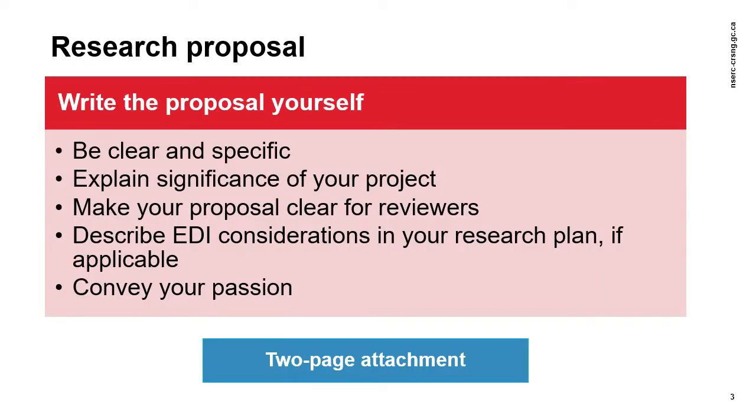The research proposal is a 2-page attachment that should describe a research project that you plan to work on during the tenure of your award. The key difference between the doctoral and postdoctoral applications is that the research proposal for a PDF application must include references within the 2-page limit. A doctoral application does not need to include references within the page limits, but can include a separate bibliography attachment of up to 5 pages to support the research proposal. For more information, view the PGSD, CGSD, and PDF online system tutorial video in this series.